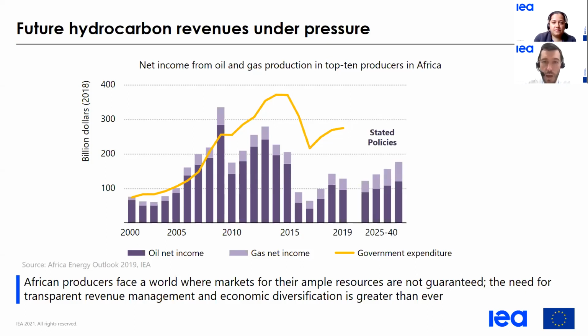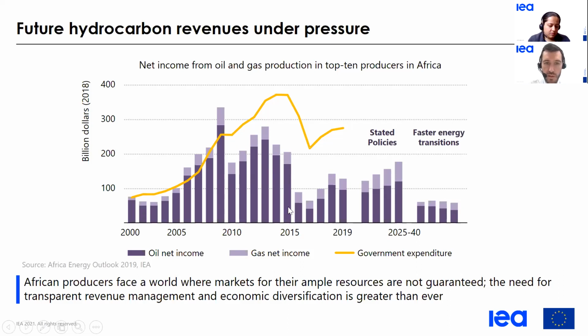We don't know how demand for oil and gas will evolve. Under a stated policy scenario we conducted in 2019, we would expect revenues in African countries to be back on a growth trajectory, but not to reach the highest level of the previous decades. And in a scenario with faster energy transition, with more energy systems moving away from the use of oil, for example, with more electrification of transport, we would see the revenues for governments remain at levels as low as the minimum that were experienced over the past 2 decades.